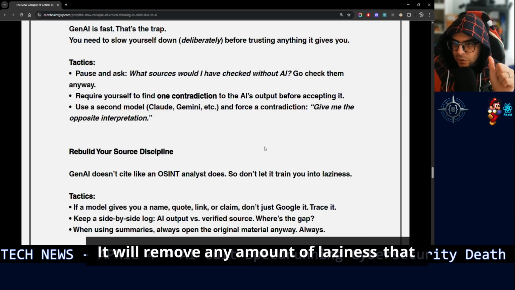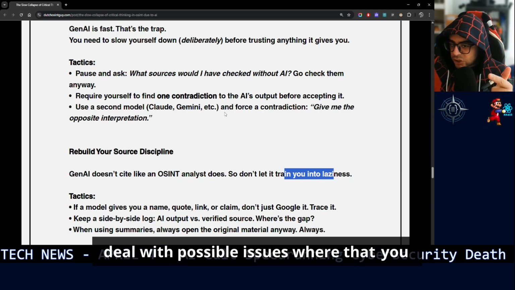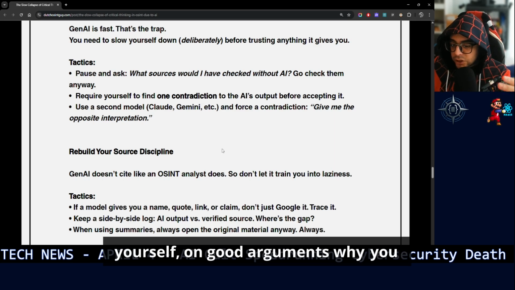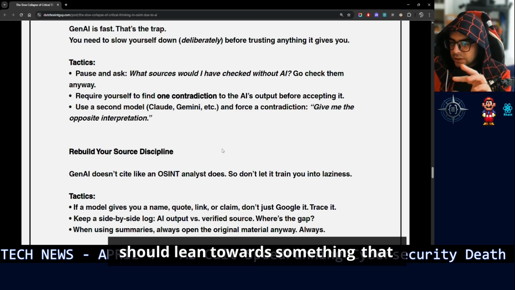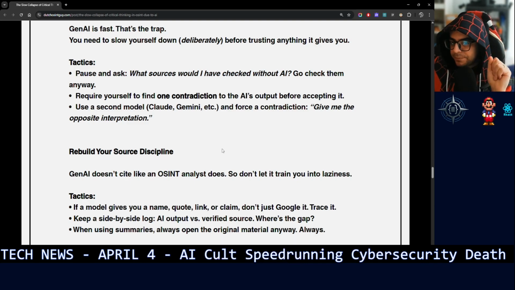It will remove any amount of laziness that you have in you. It will exercise your brain so that you can deal with possible issues that you hadn't considered before. And it will educate you on good arguments why you should lean towards something that you might have otherwise leaned on by default.